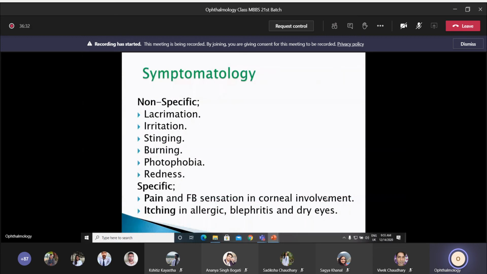Okay, so that's important. And another important thing is itching, usually in case of allergic conditions, blepharitis and dry eyes. Okay, so these are specific symptoms, whereas non-specific symptoms are redness, burning, discharge, photophobia, stinging, lacrimation, all that. Okay, so these are the symptoms which are usually seen in case of all the different types of